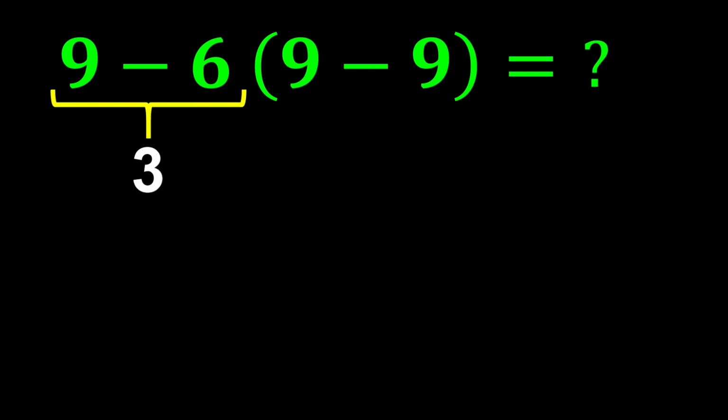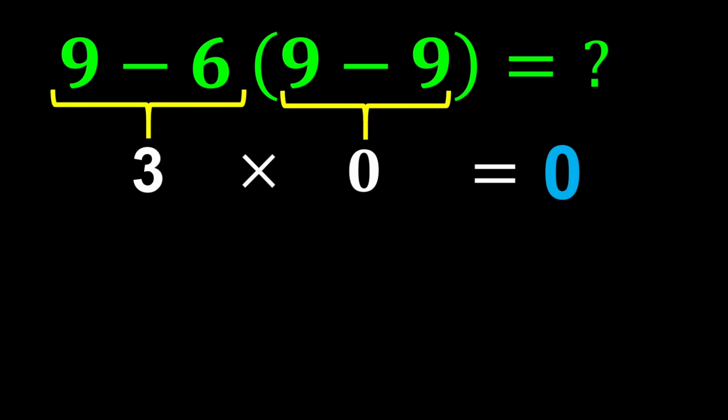9 minus 6 gives us 3. And inside parentheses, 9 minus 9 gives us 0. And finally, 3 times 0 gives us 0. But this answer is not correct because we did not follow one of the most important rules of mathematics called